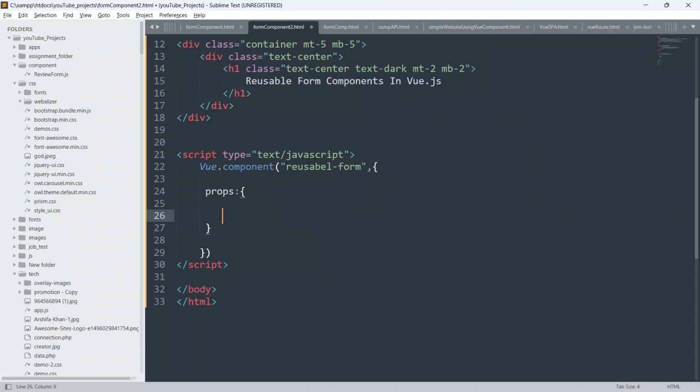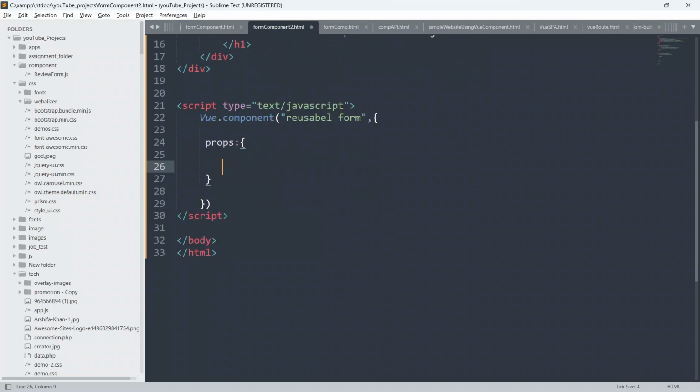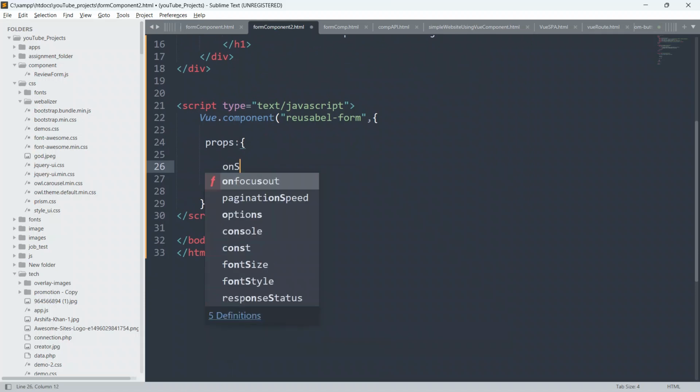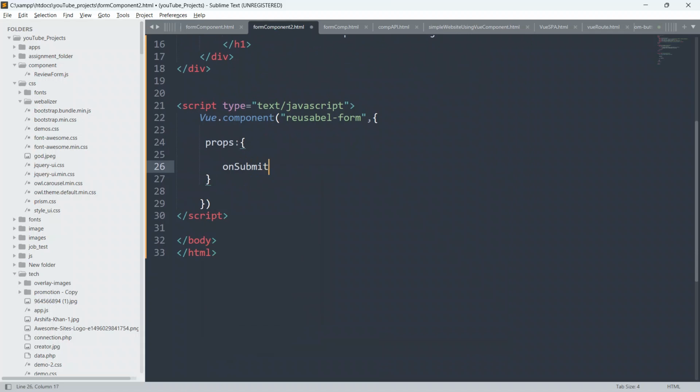So guys, here I will define some options inside the props. I will define the first option as onSubmit, put a colon and give Function. So guys, this onSubmit option or property is of the type function. Put a comma here, and I will add a comment also for you so that you can understand.